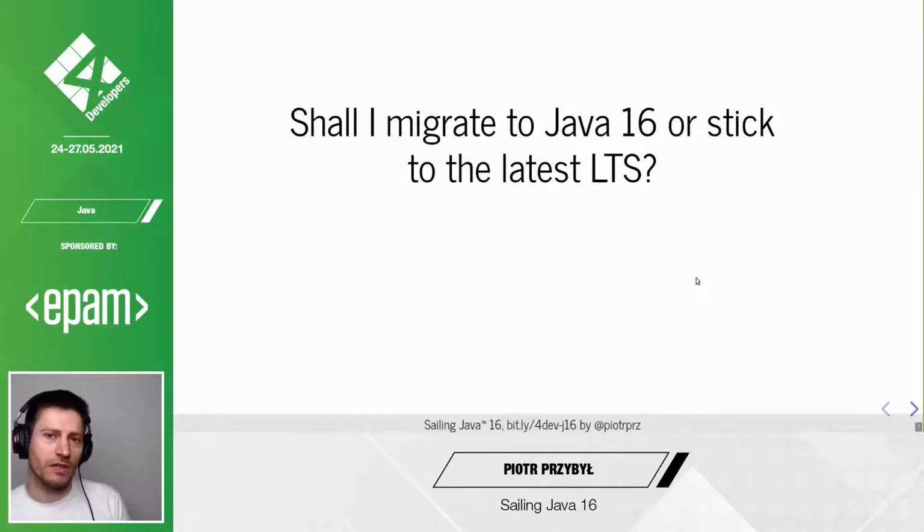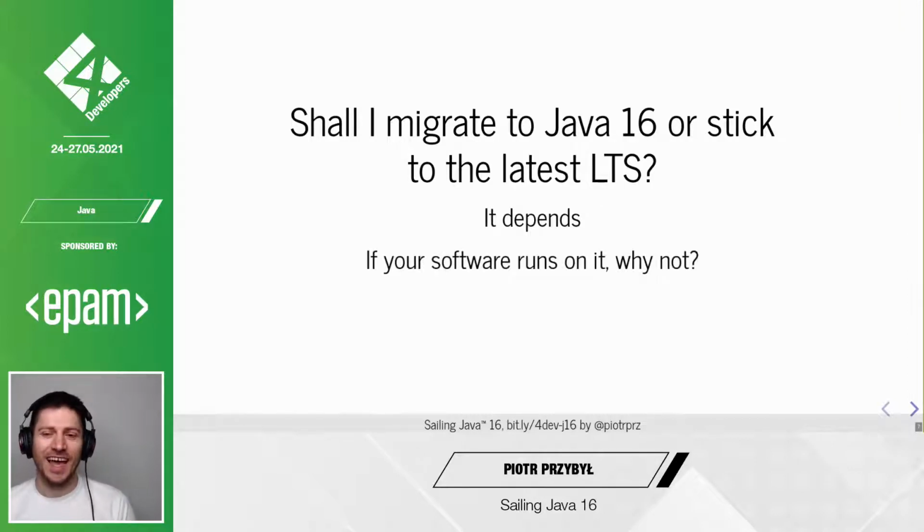But now there's this very first question people keep asking themselves, or there are many myths or fallacies. Shall we migrate to Java 16 or stick to the latest LTS, the long-term support version? And it actually depends, right? This is the best answer I could give you as a consultant. So in general, if your software runs on Java 16, then why not, right? You should be trying to keep up with Java and use the latest possible version in production, if that's possible,